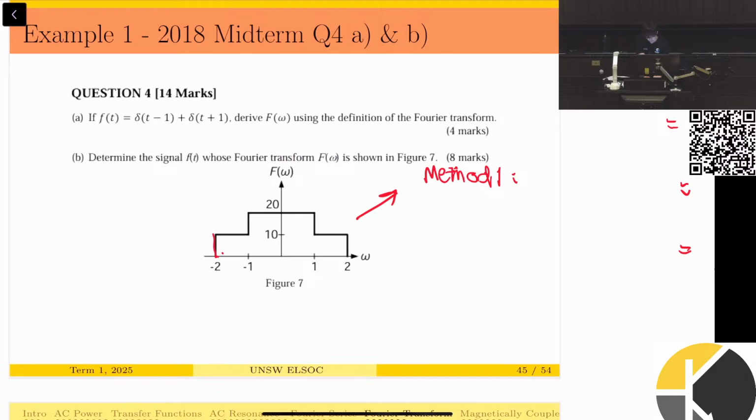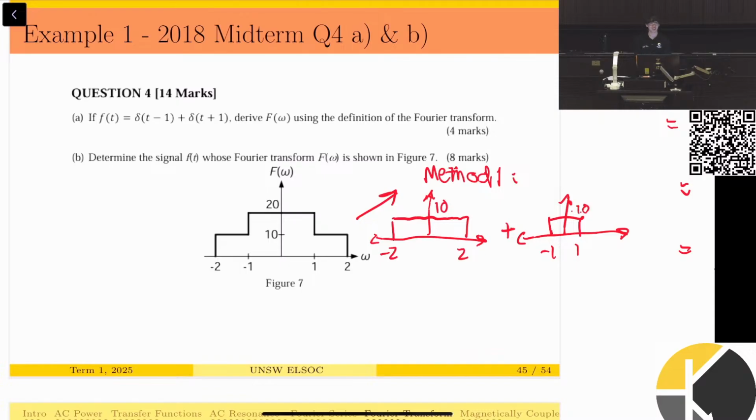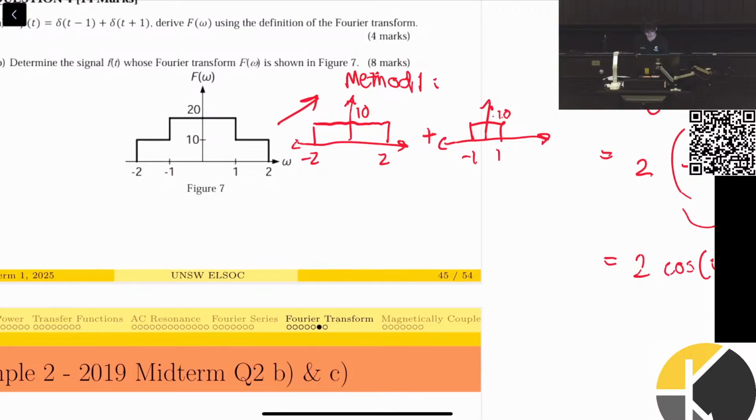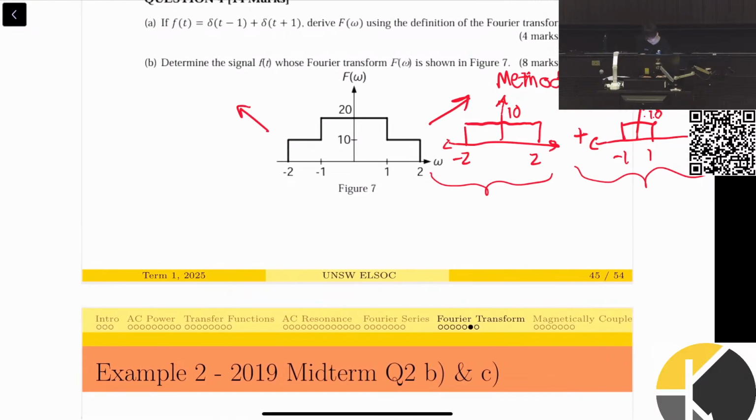Rather than doing 3 different integrals of this level, and this level, I might break this up into a sum of 2 different frequency responses. So this might be between -2 and 2 with a magnitude of 10, and I'm adding this to another frequency response, which is between -1 and 1 with an amplitude of 10. Do we see how if I add those 2 together, we'll get the waveform that we originally have? Yeah? So that's one method, and I would take the definition of the Fourier transform, or inverse Fourier transform, for each of them. Another method, which might be a bit quicker,